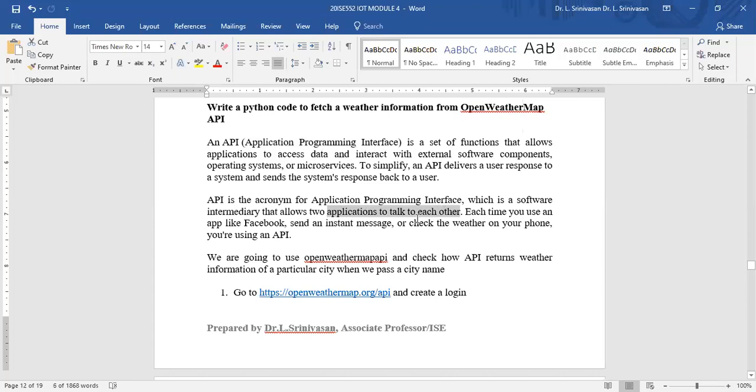For example, from Facebook you can fetch information to your Raspberry Pi device. From WhatsApp you can fetch information to your Raspberry Pi device. That is the role of API. The one that acts as a mediator between your Raspberry Pi device and your Facebook application is your API.